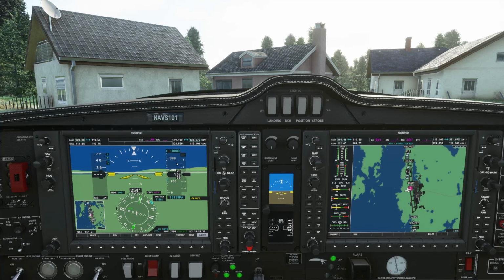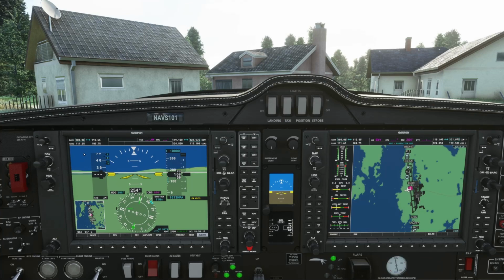So there are a few more functions to look at, but maybe I need to do a flight video just to try and highlight those functions. Maybe, I don't know, we'll see. All right, and so moving across here, you can see pretty much the same thing. Now the nav 1 and nav 2 frequencies mirror what's on this side as well. So you change one, you change the other. Okay, so sorry, so let's have a look at this then.